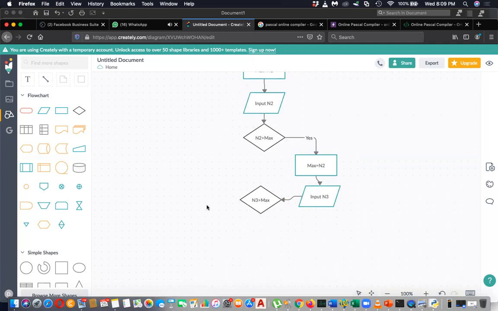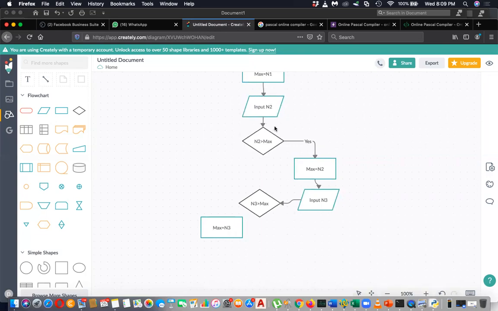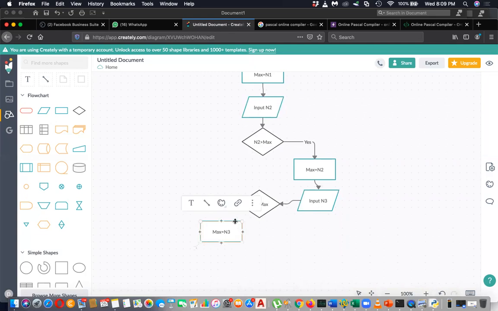Okay, if it is greater than the max, again, you have to do something, that is assigning number 3 as max. Max equal n3. Now all numbers you have checked. Initially it was number 1, and then you check with number 2. If number 2 is greater, you have changed that. And then you check with number 3. If number 3 is greater, again, you have to change this number to max. So all these cases, after all these cases,